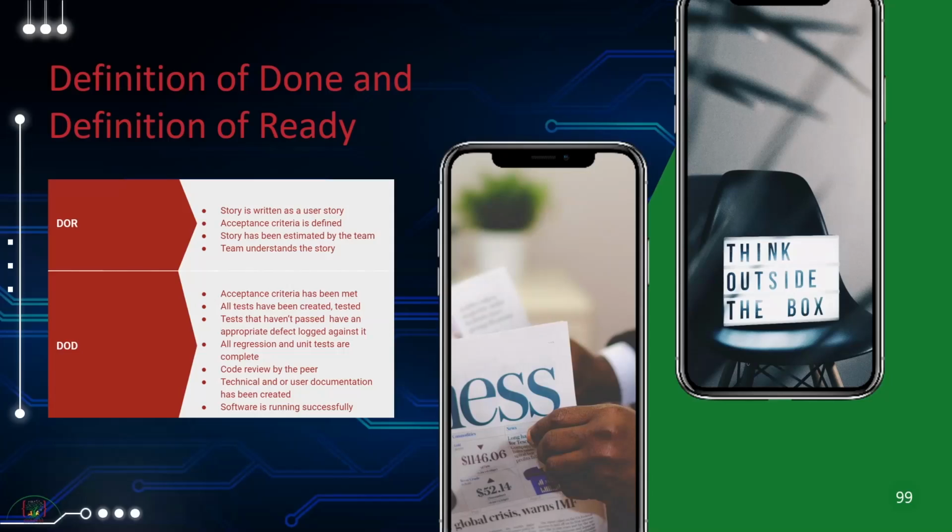Now, the difference between definition of ready and definition of done is a very fine line. Some companies like to use them interchangeably, and they can be used interchangeably. The definition of ready is more or less that the user story is ready. Definition of done is from the product owner's perspective. What they feel is the acceptance criteria of the product, and it should meet their demands or their acceptance criteria for them to actually sign off on the product and say this product is good to go.